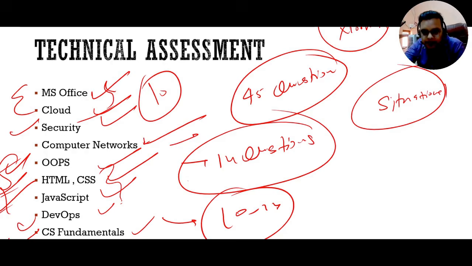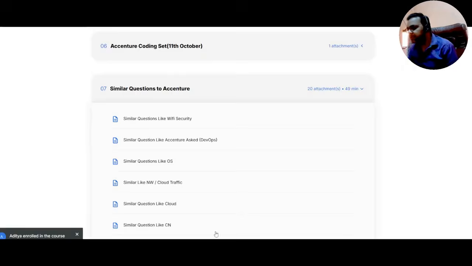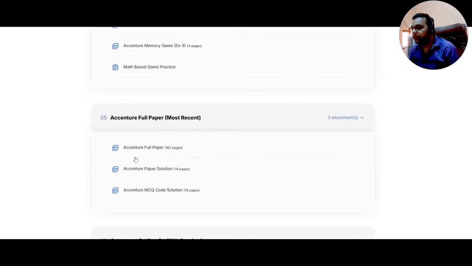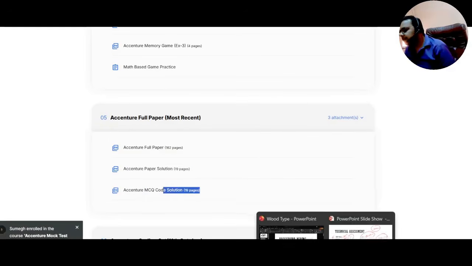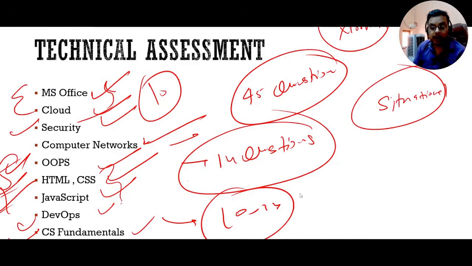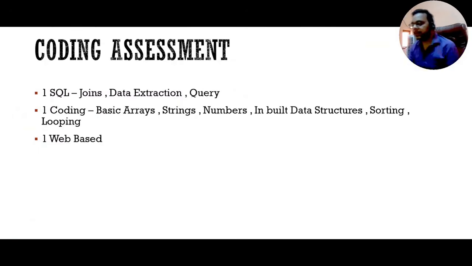They will be long and situation based, and if you see the PYQs, there is a chance you will get very similar questions. That's why the actual paper we have provided contains all the actual questions of Accenture, along with typed solutions which you can get here. So this will help you a lot, and you can look at that.